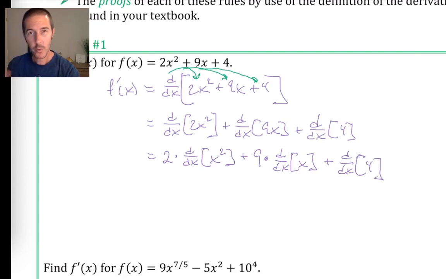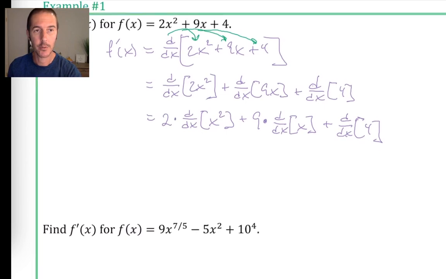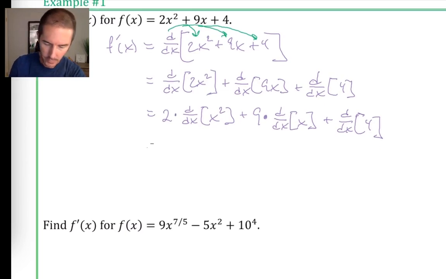So we've sort of dismantled this derivative statement as much as possible. Now let's actually take the derivative. So this is equal to 2 times, now what's the derivative of x squared? We take the exponent of 2 and we multiply it out front of the variable. So there's the 2 times x, and then we decrease the exponent by 1. So I'll write 2 minus 1